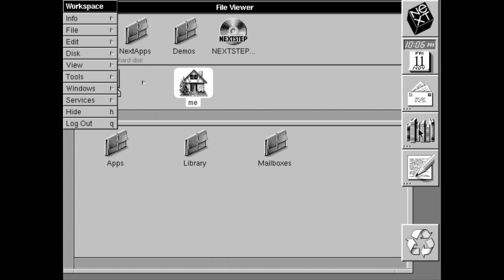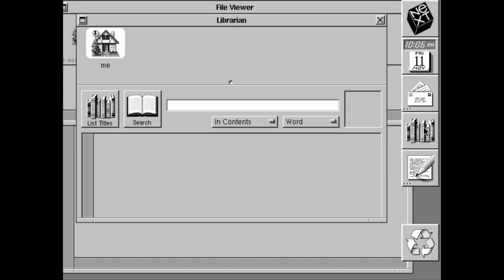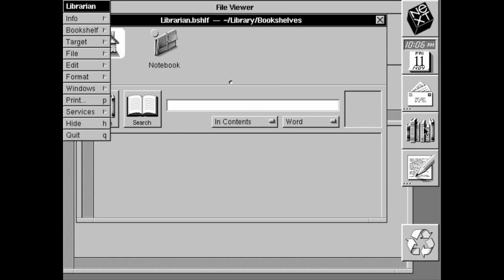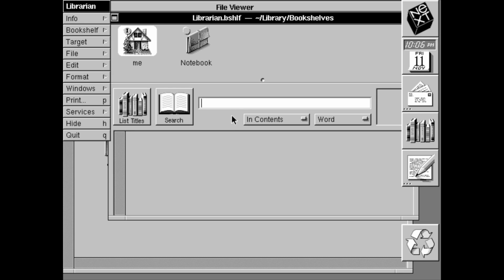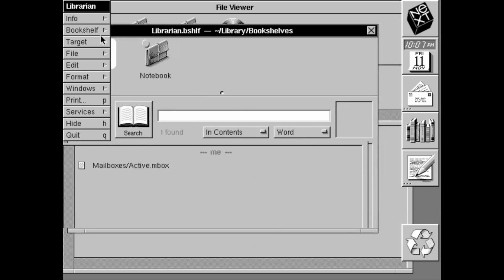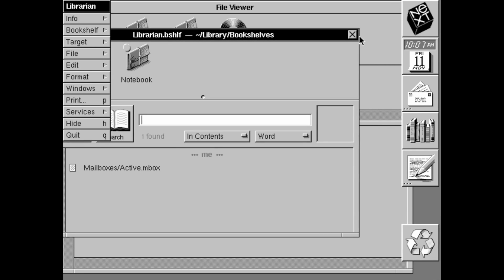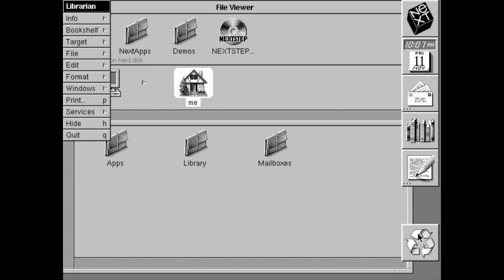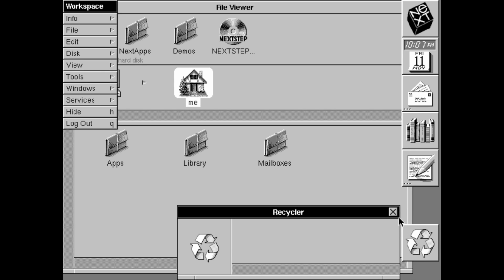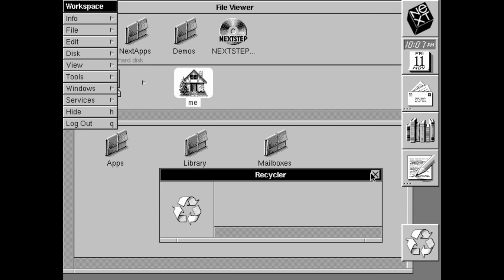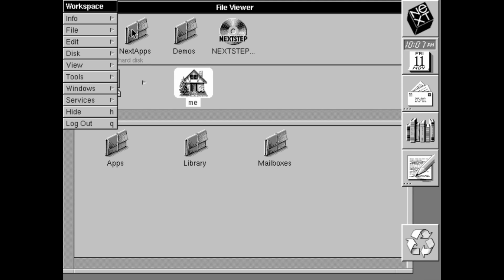We have a librarian, which will search in different books. Mailbox is active. Okay, so it looks like it searches in the mailbox as well. Oh, it's doing something. Mailboxes, yep, so there's no books or anything like that. And an editor. And this refresh, don't know what that does. Oh, it's the recycle bin. Okay, that's the early version of the recycle bin. Cool. So, if we look at demos,